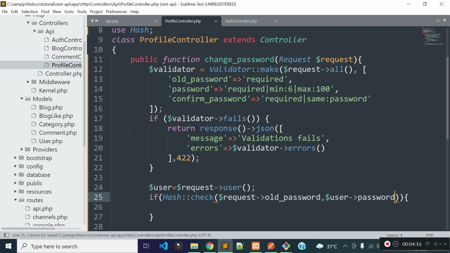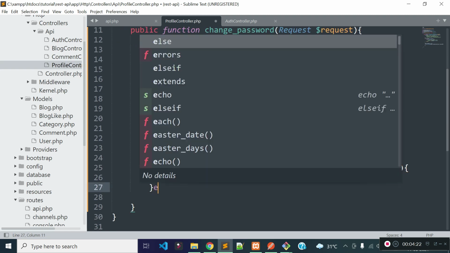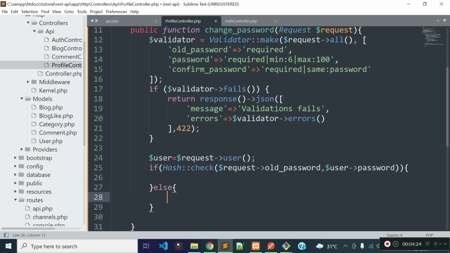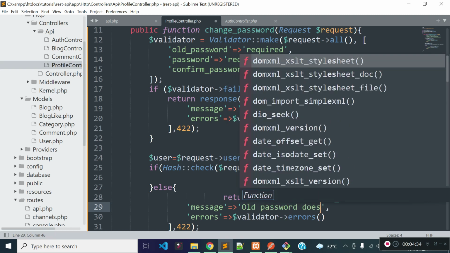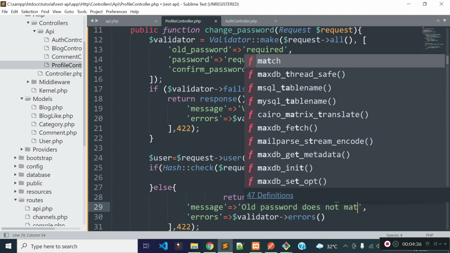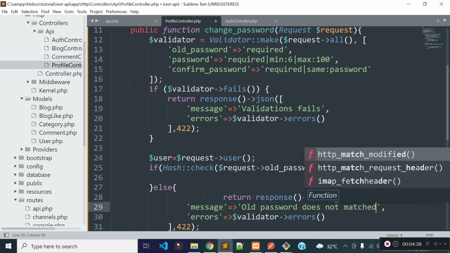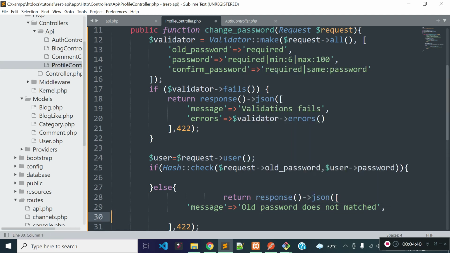So this will return us true if password matched, and if password doesn't match, then it will return us false. So if password does not match, then I will return a JSON response with message old password does not match. And the status code will be 400.